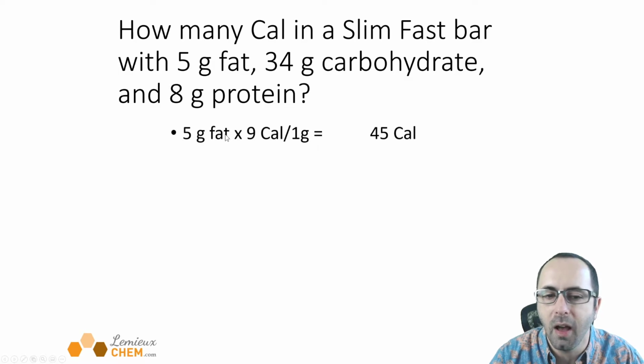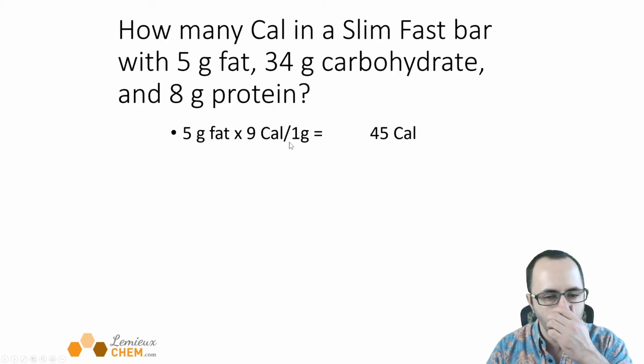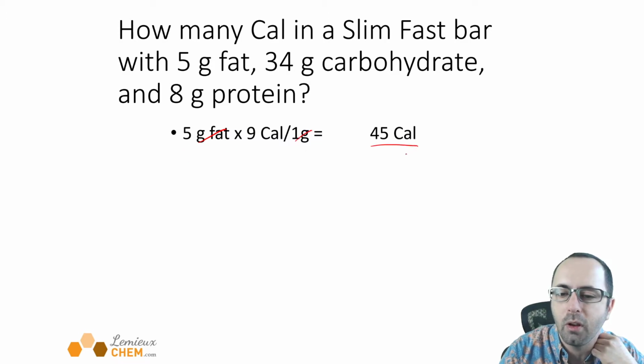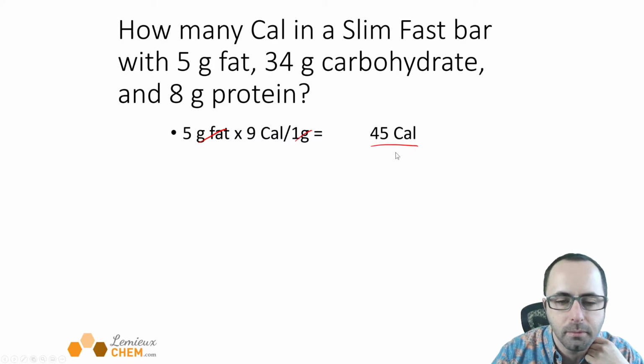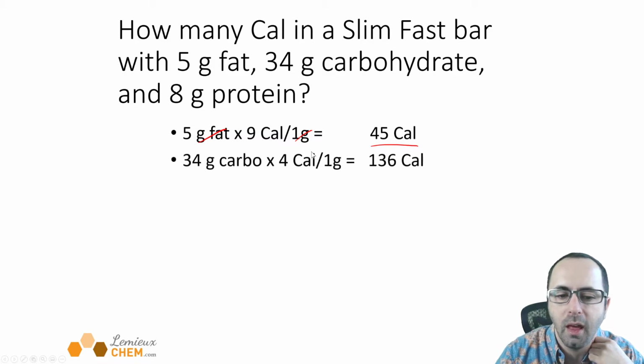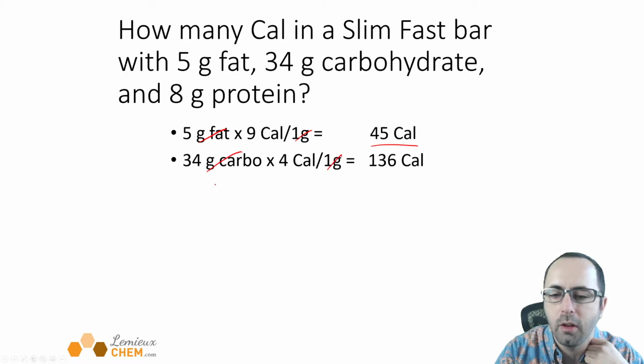We have 5 grams of fat, and remember there were 9 calories for 1 gram of fat. So here our grams of fat are going to cancel. If we multiply 5 times 9, we get 45 calories. We've got 34 grams of carbohydrates, so we're going to put that on the next line. And there's 4 calories in 1 gram of carbohydrates, so our grams of carbohydrates cancel, and we multiply 34 times